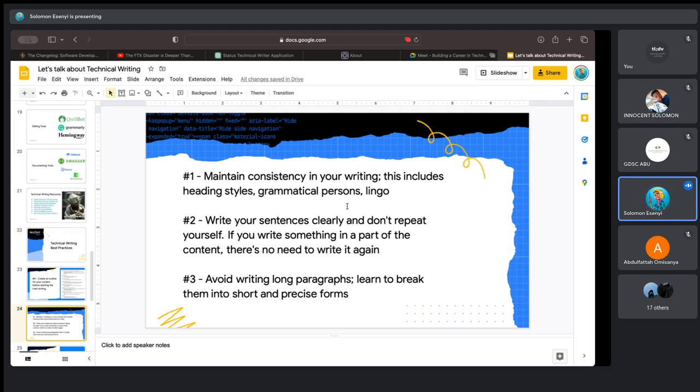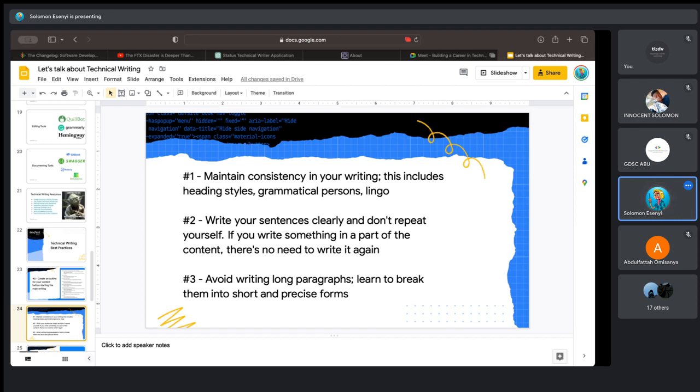So basically, what consistency has to do with grammatical person is that if you start an article and you're referencing the reader as, the first thing you should do is do this, do that, use that particular style throughout the whole article. Don't just start with you should do this and then in the next part say we will download this first. It can confuse the reader as they are reading the article. So if you have any style, any concept, any way of doing something, and you start an article using that particular way, just continue using it throughout the whole article.